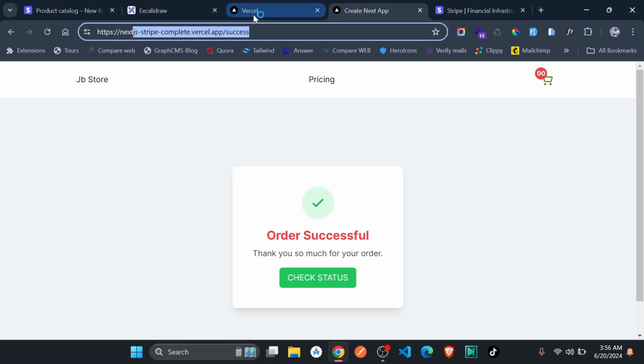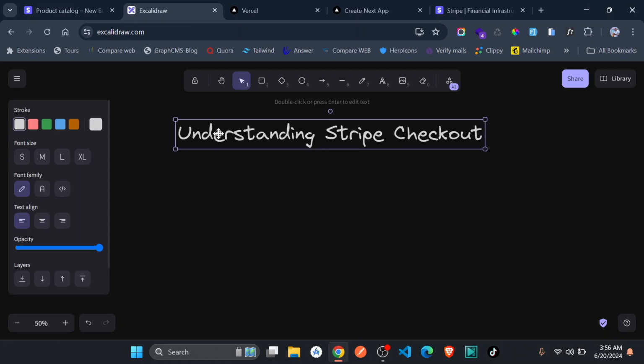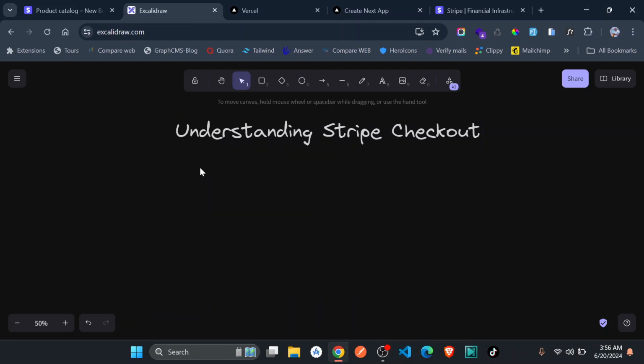Before we get started, one thing we have to understand, before we jump into coding, is the Stripe checkout. Most people I normally see jump into code and show you. The most important thing is to understand the flow. When you understand the flow of Stripe checkout very well, of how it works, when it comes to implementation you cannot get lost. You will understand all the steps that are involved in Stripe